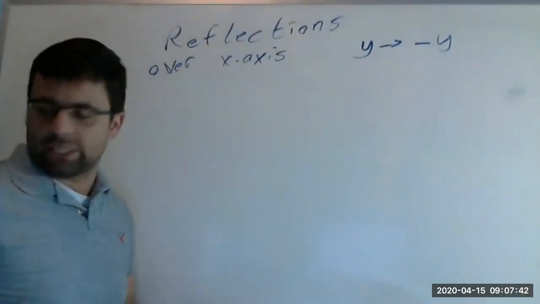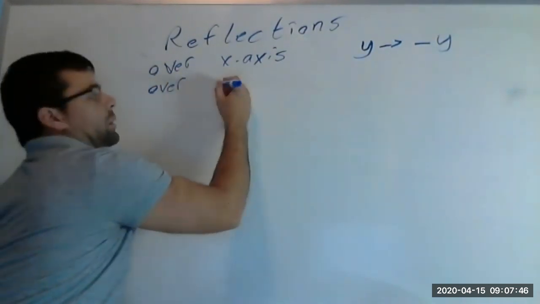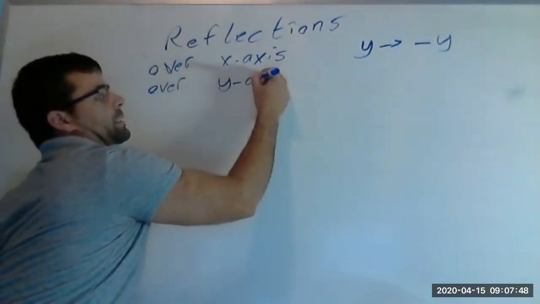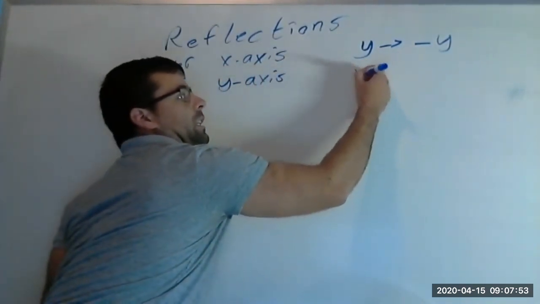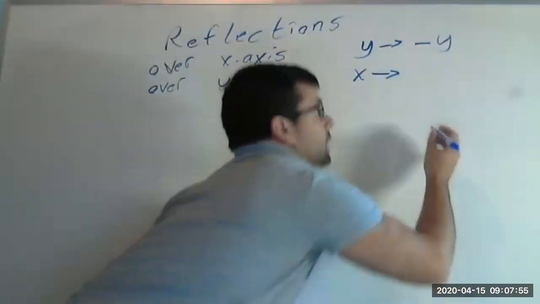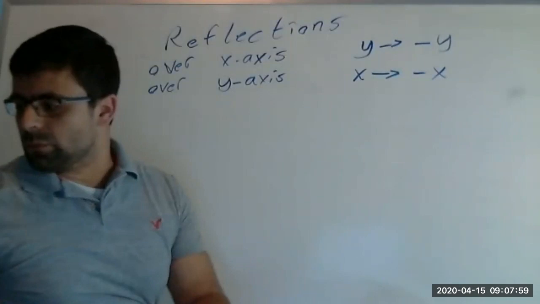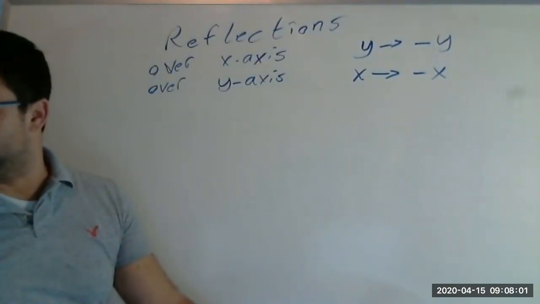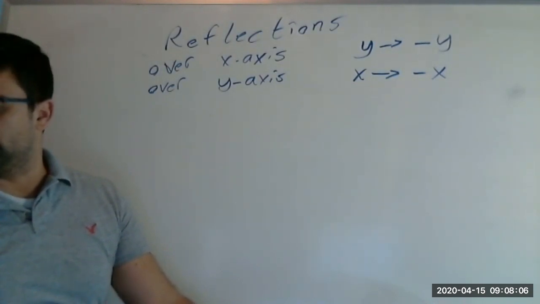And vice versa over the y-axis. Everywhere you see an x, you put negative x. And we started talking about a different kind of reflection, one where you take